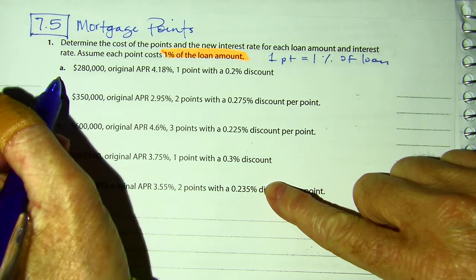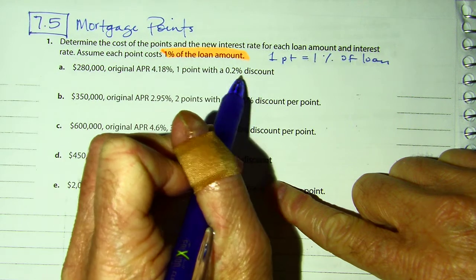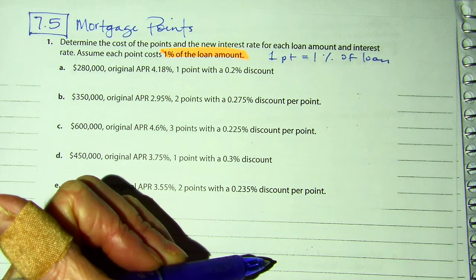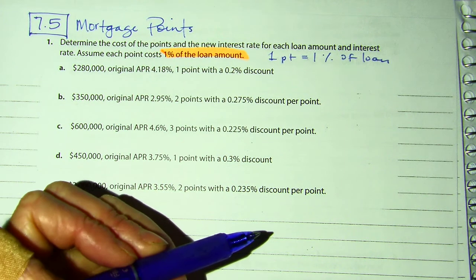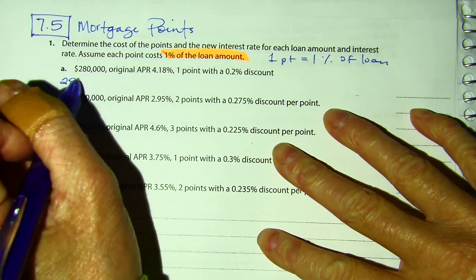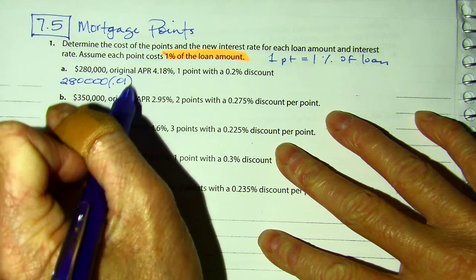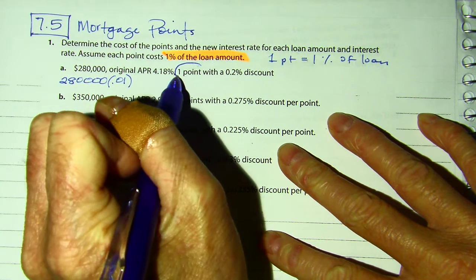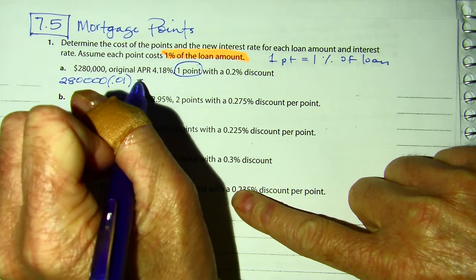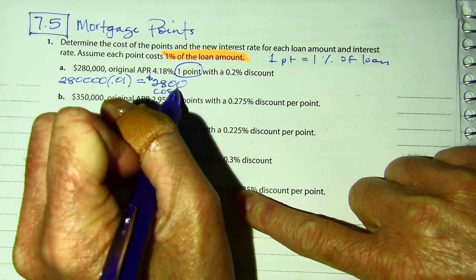First, we have a $280,000 loan with an original APR, and 1 point is a 0.2% discount. We have to determine what it's going to cost us to discount our rate. Let's first calculate 1%, because if we're buying 1 point, that's going to cost us 1% of the loan. If I calculate 1%, I get $2,800. So that's how much it would cost me